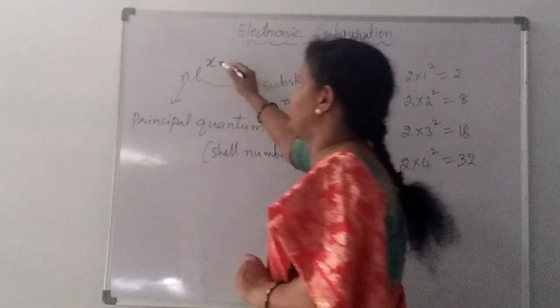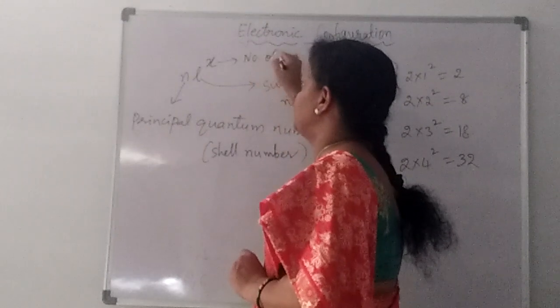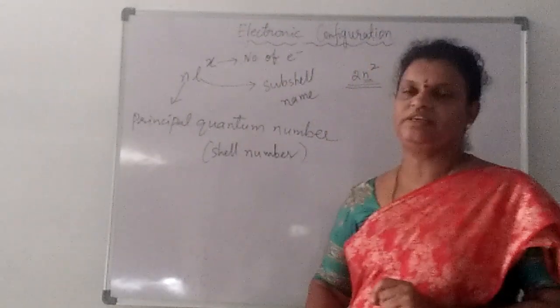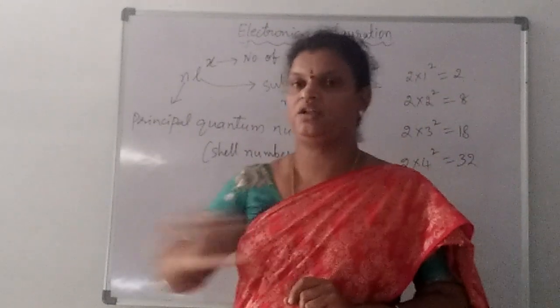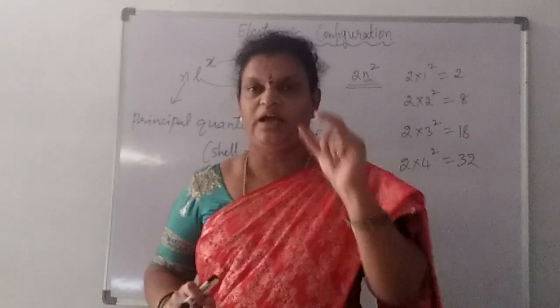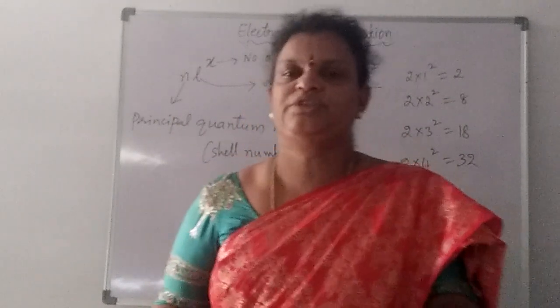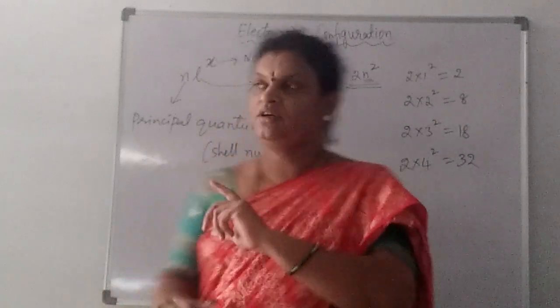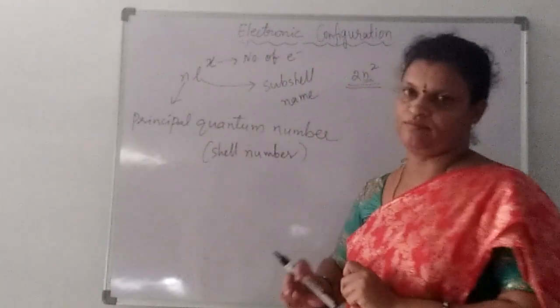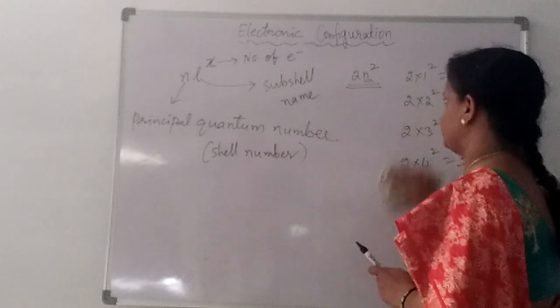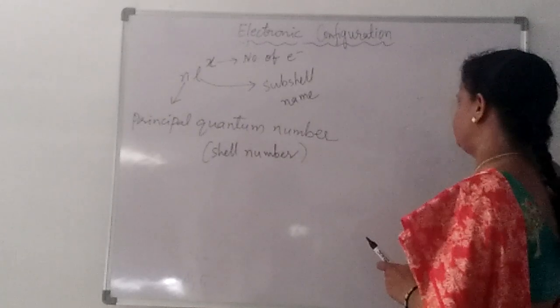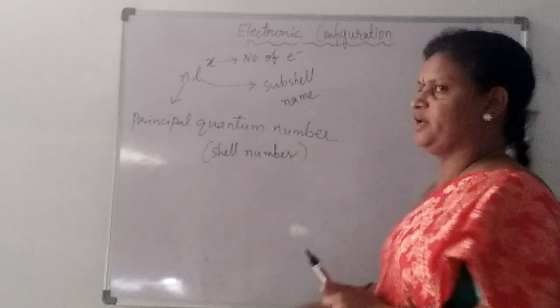Then what is X here? X is nothing but the number of electrons present in that particular subshell, not all the electrons present in that element. The electrons present in that particular subshell we will write here with the help of the symbol X, right? So whenever we are writing this electronic configuration, first of all we should have some idea